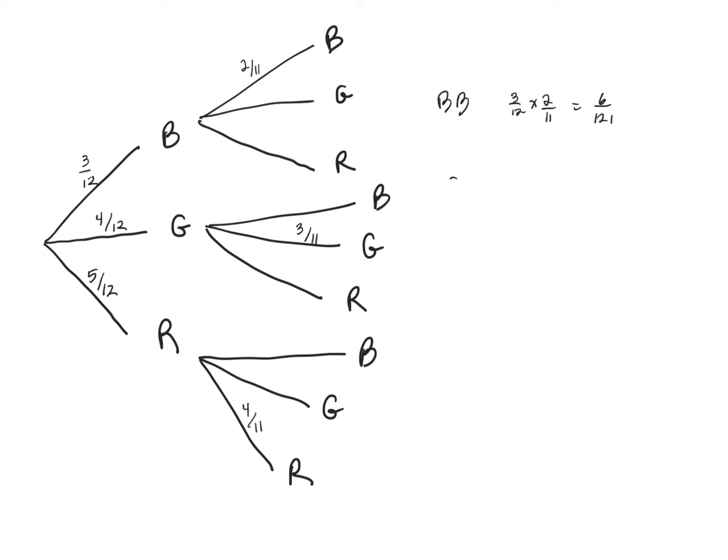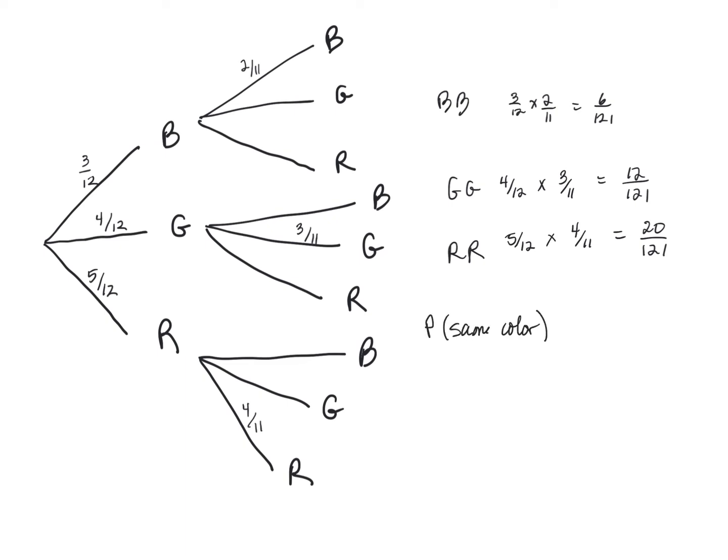6/121. Green, green would be 4/12 times 3/11, which is 12/121. Red, red is 5/12 times 4/11, which is 20/121. So the probability that they're the same color is 38/121. So 1 minus that,